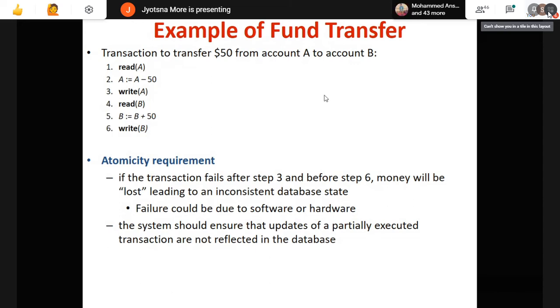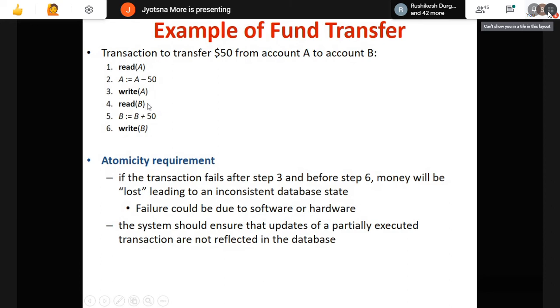A value will be 150. Correct. B value will be 200. Right, here it is saying B plus 50, so we have added 200 plus 50, but we have not written the value of B. Remember, we have not written the final value of B. We received a failure here in between, immediately after step 5, so our value of B is not written. So it will take the previous value of B, whatever the B value was there.